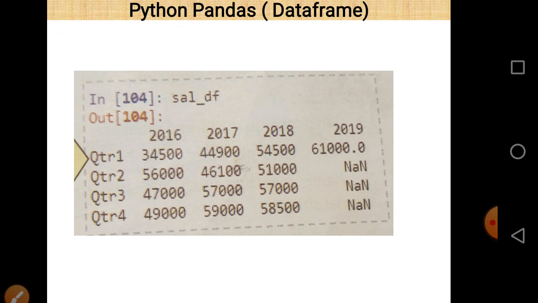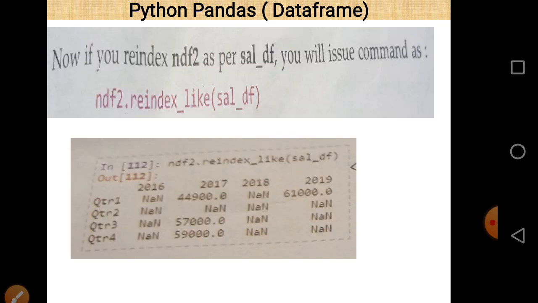Or we can say that the column names and index values of SAL_DF become the column names and index values for NDF2 when we reindex NDF2. Now as far as values are concerned, some values are found and some are not found against these columns or index. The values that are not found are represented by NaN, and the values that are found are replaced by the values present in the NDF2 data frame.